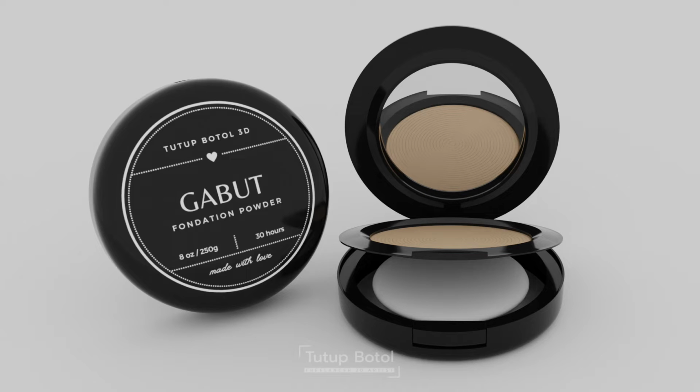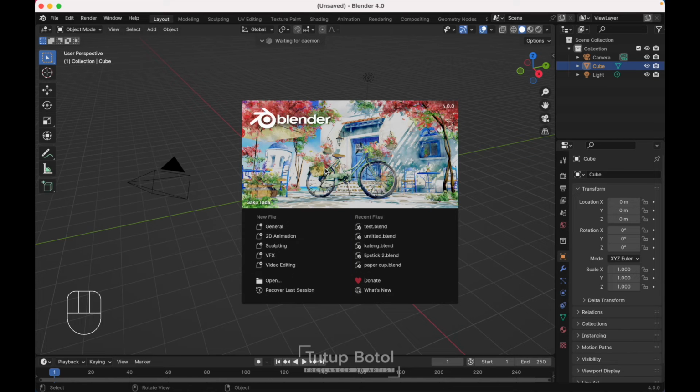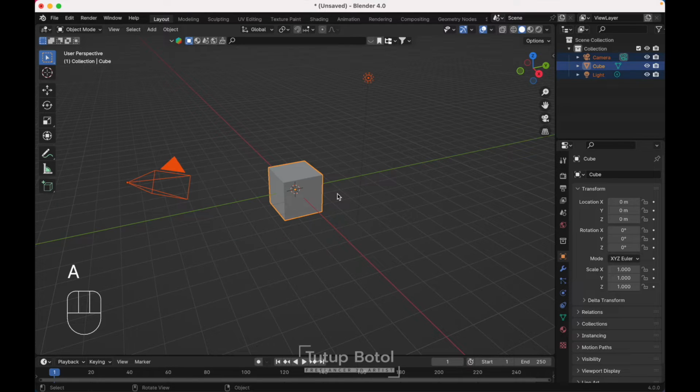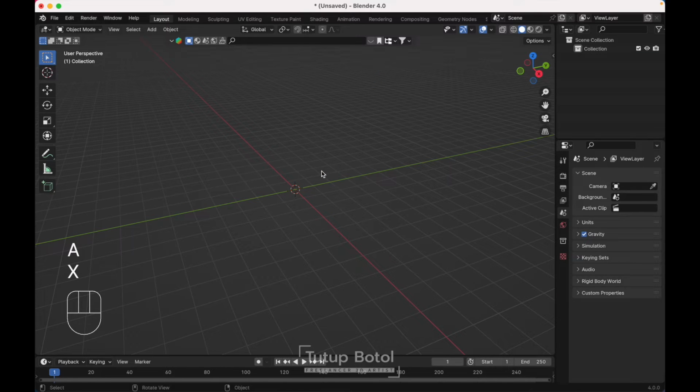In this video, I will show you how I create this Foundation Powder Cosmetic. Okay, let's start it. First, open up your Blender, New File, General, press A to select everything, X to delete,